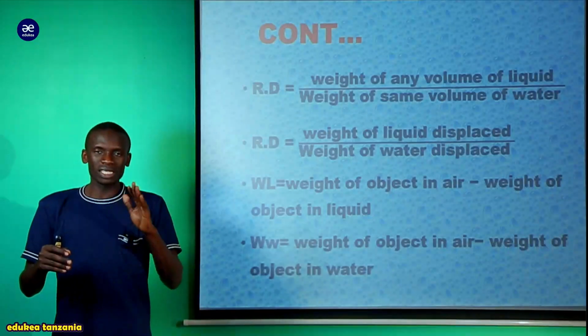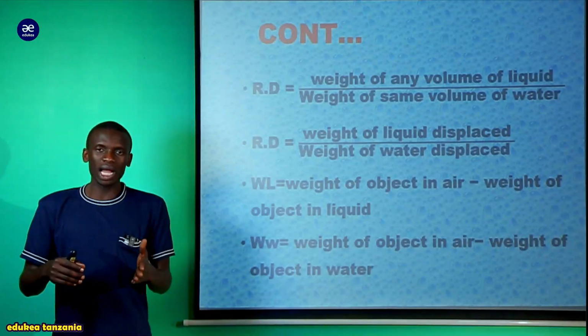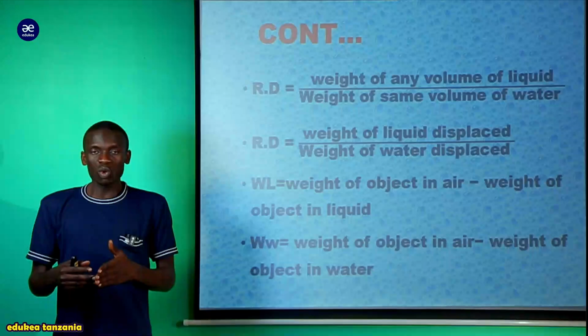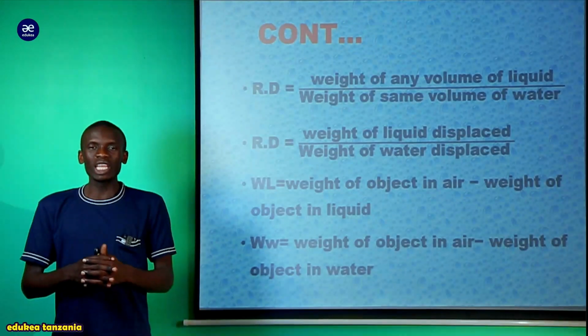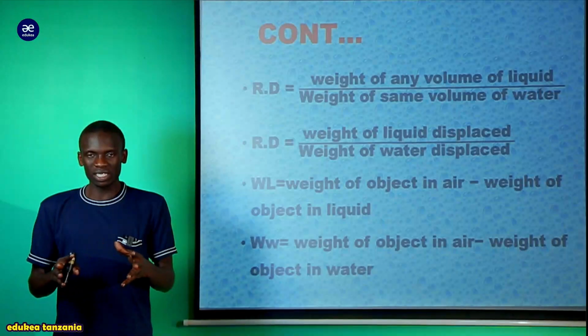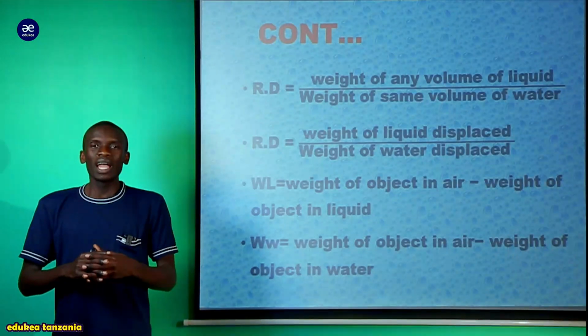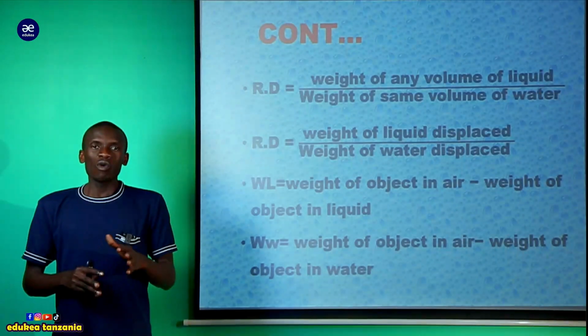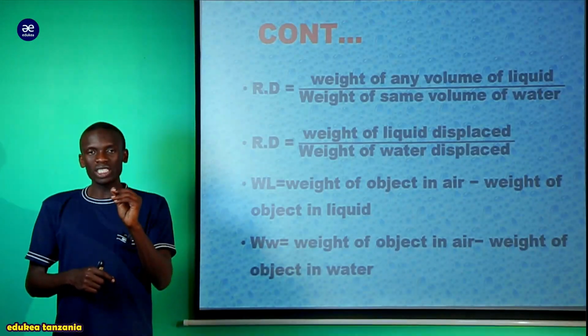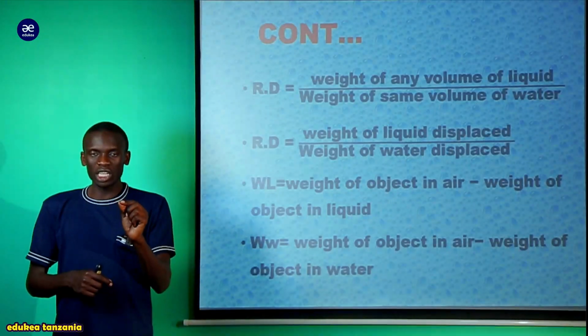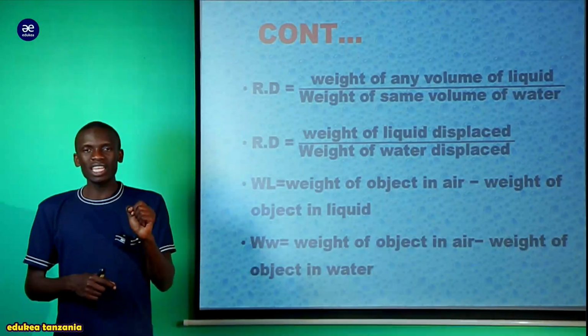If you immerse a solid in water and in a certain liquid, you will see the amount of water displaced and the liquid displaced will be different. So to get relative density, you can take the weight displaced by the solid in liquid divided by